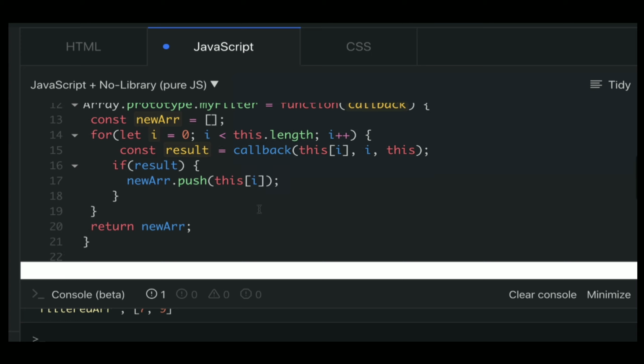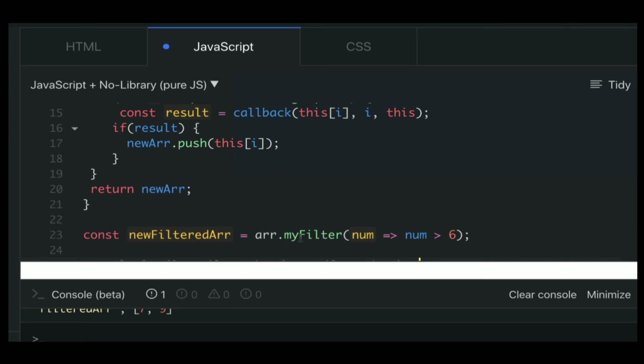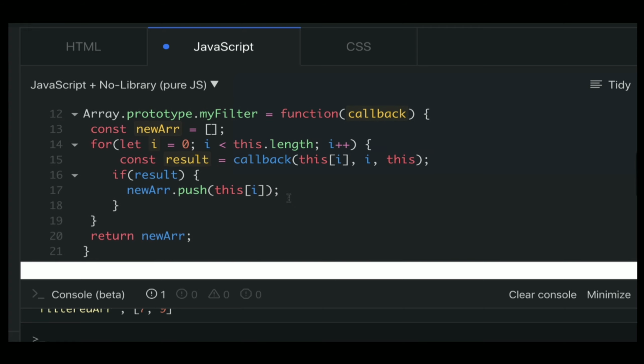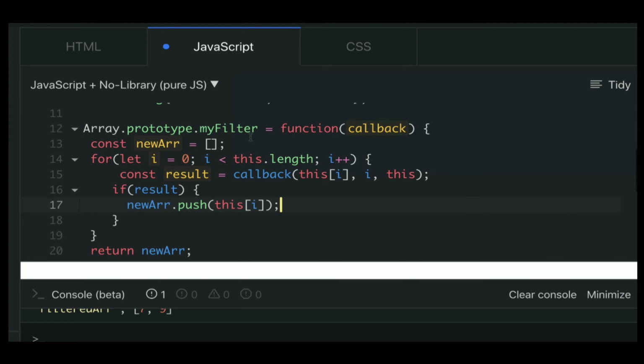Let me show you the function we are using. We are passing the same argument as before, and this is my filter function, which is a new function added to our array prototype. This is the way we write a polyfill. There are different ways to do it, but this is the one more important for the interview, so that you can distinguish between the initial and the new one. That's why I've written a different name, otherwise it would be overwritten.